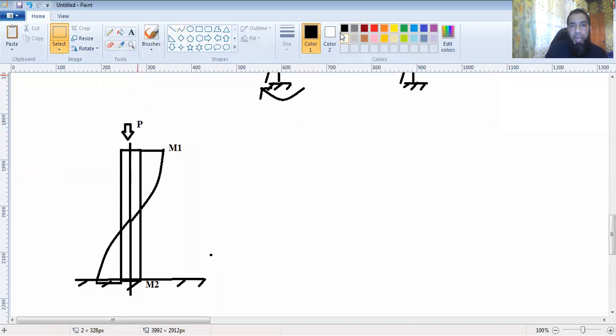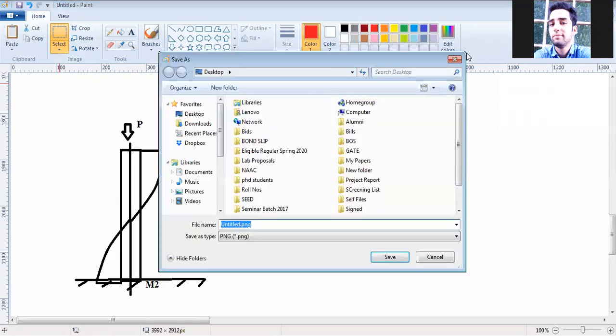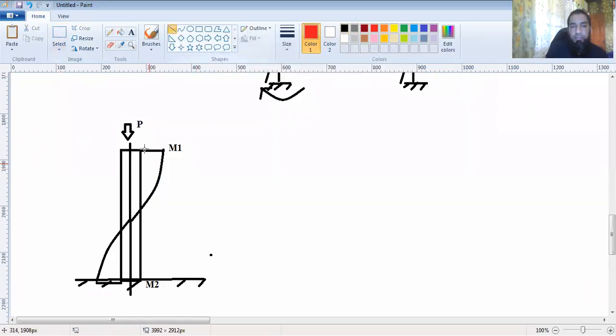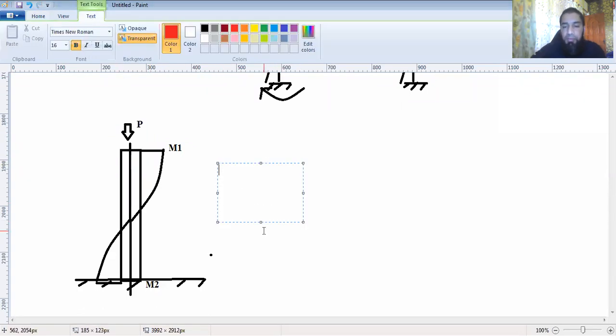This load was actually acting somewhere here, but you have taken into account the eccentricity portion, and you have taken out whatever moments are coming, then this P load is shifted towards the center. Now this column is under two loads now. Load P actually acting and moments M acting